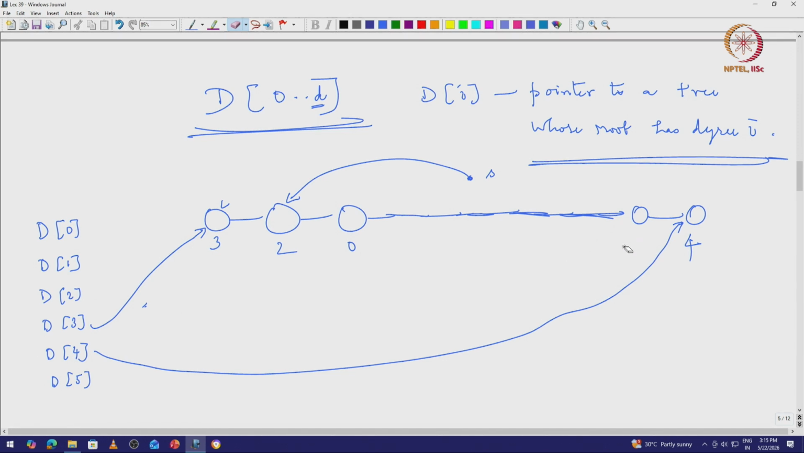Let us say this has gone under the other one. In that case, this will go under this. Therefore, this will become degree 3. That has gone under this. Now S will be pointing to that. S will be pointing to the